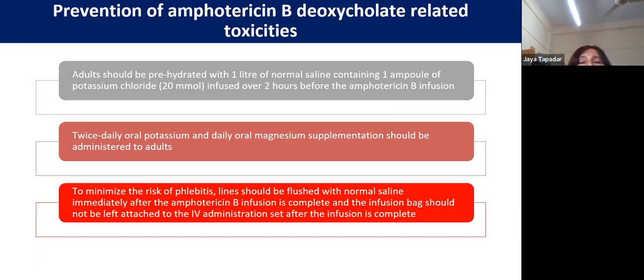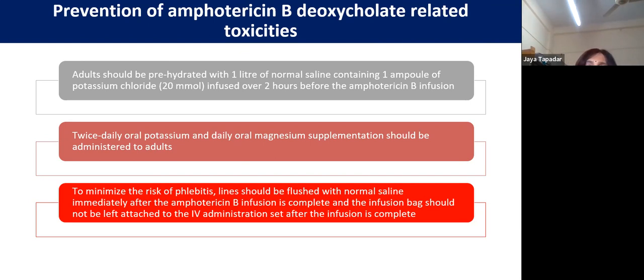All patients who are given amphotericin B. So what we do in these patients, in the morning we give them 1 liter of normal saline, and in each of the bottle we give 1 ampule of potassium chloride. Why? Because amphotericin B leads to hypokalemia due to loss of potassium in the urine. It causes a tubular acidosis. So that is why we give this normal saline and potassium chloride, because that also decreases the renal toxicity